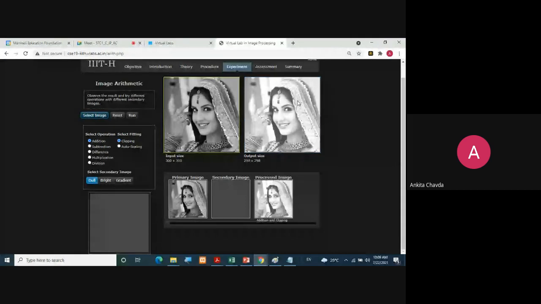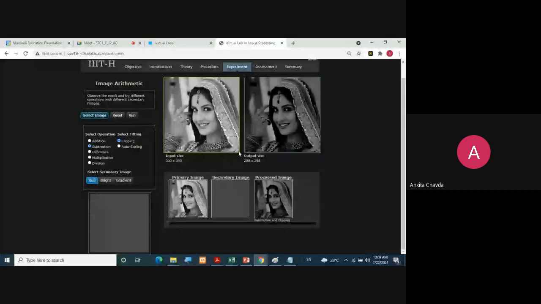Added means it is going towards the bright colors, right? Same way you can check for subtraction, same way you can check for the difference.